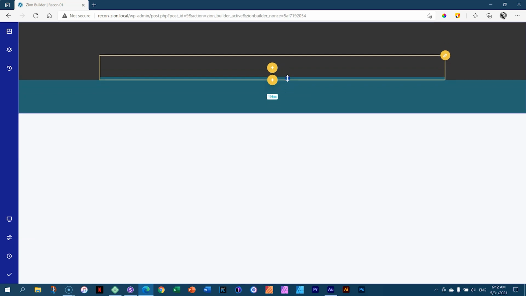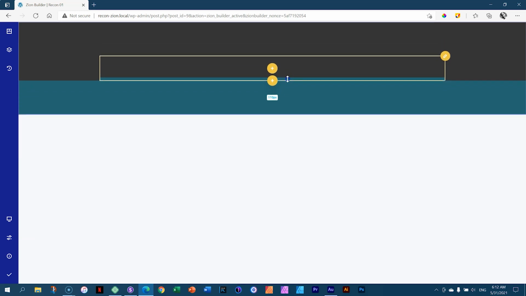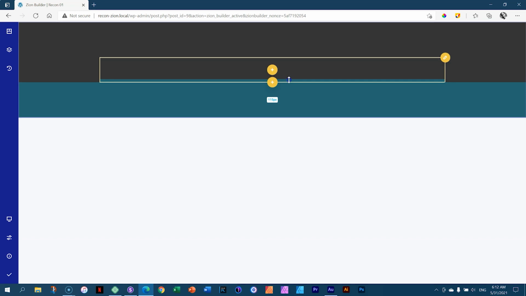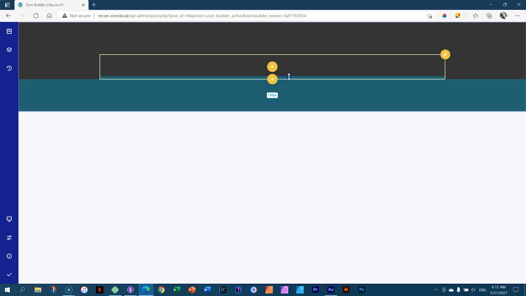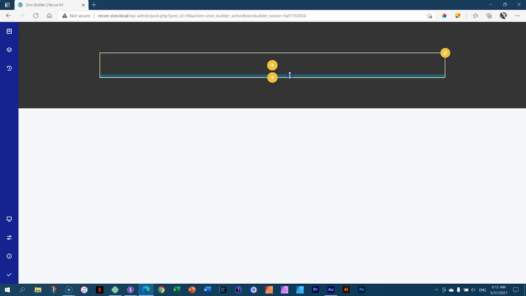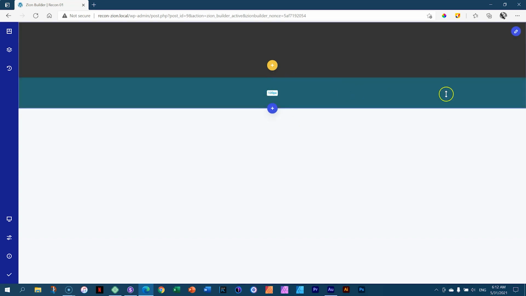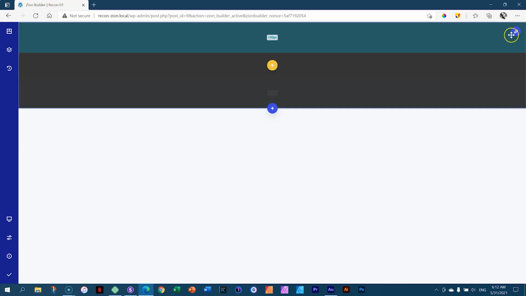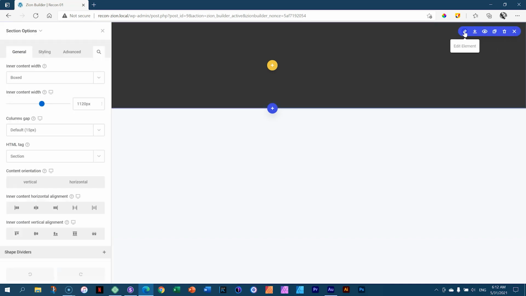Let's see if I hold Control and Shift. Yep, there we go, incrementally great. So let's go and add around 100 pixels at the top and the bottom, and I let go. That was pretty nice. If you, of course, need full control over that, we go to the settings, edit element,